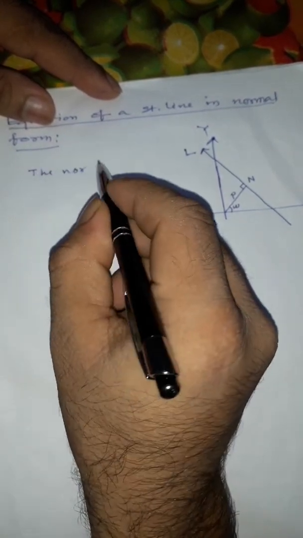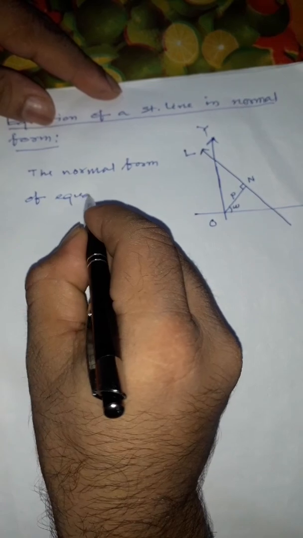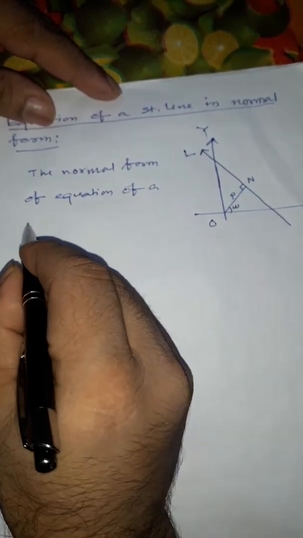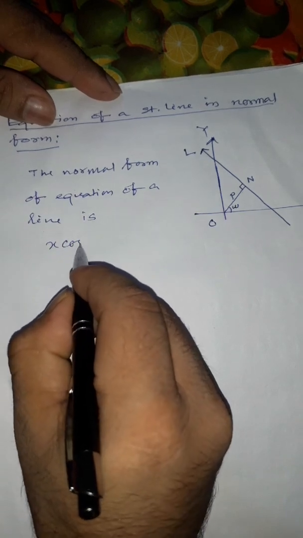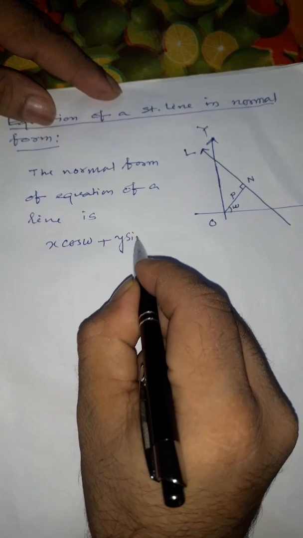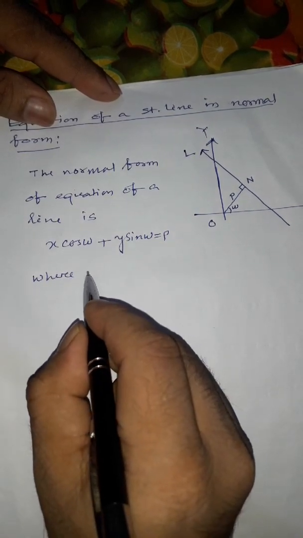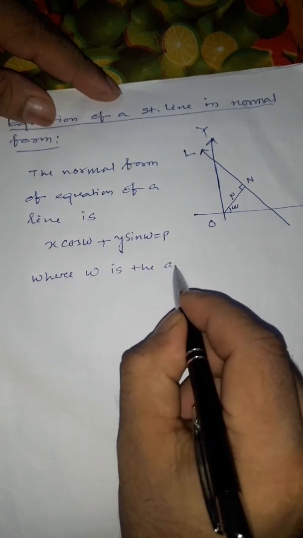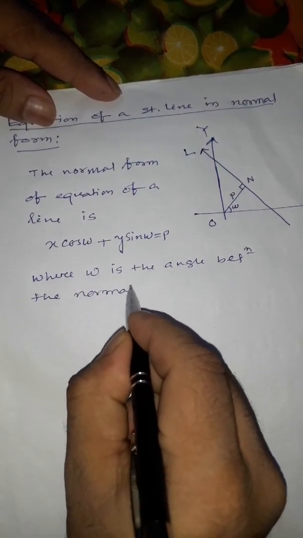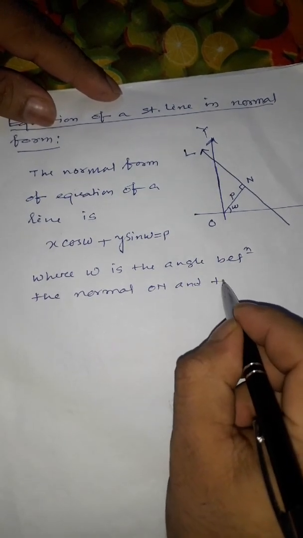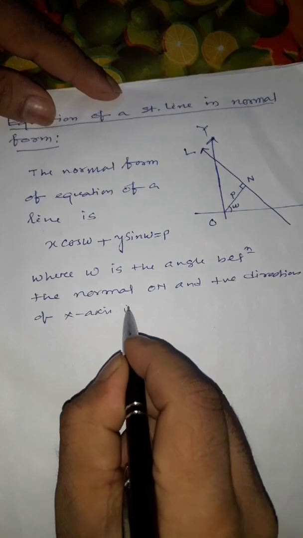the normal form of equation of a line. The normal form of equation of a line is x cos omega plus y sin omega equal to P, where omega is the angle between the normal ON and the positive direction of the x-axis, that is OX,